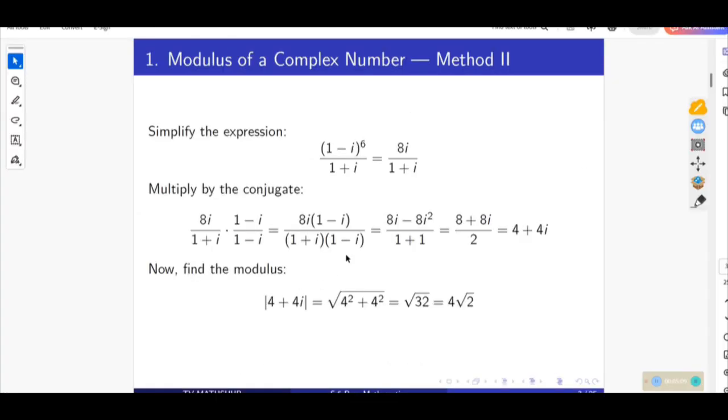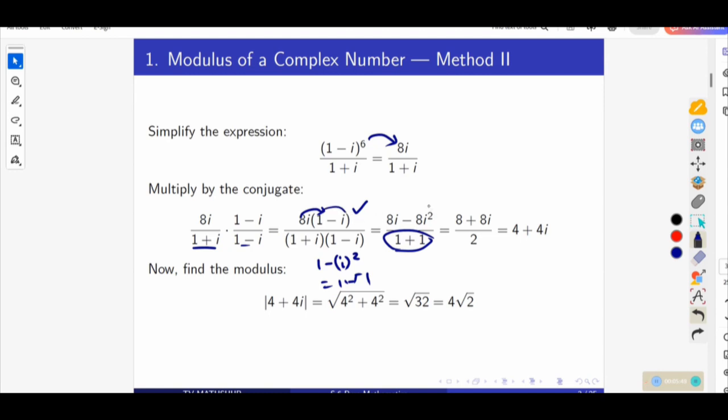So we shall write the 8i, and clearly when you simplify this, you'll be able to get 8i over 1 plus i. So from here, rationalize by multiplying by the conjugate of this, which is 1 minus i, on both the numerator and the denominator. So this will give us this expression. This is a difference of two squares, 1 minus i squared, which is 1 minus minus 1. So that is why we have 1 plus 1. And when you multiply this, this will be 8i minus 8i squared,